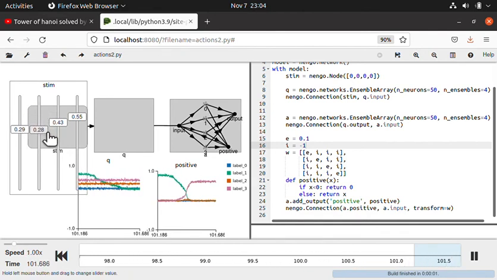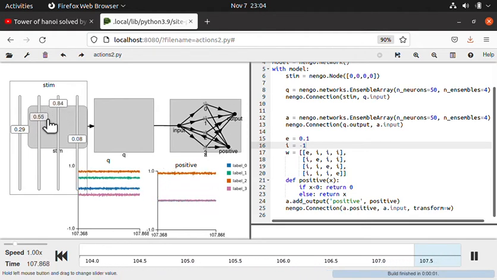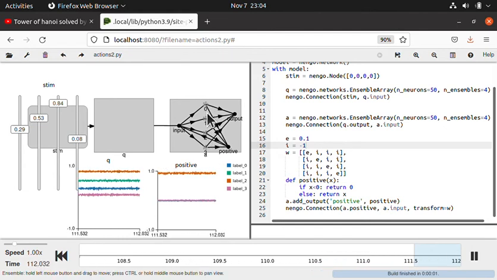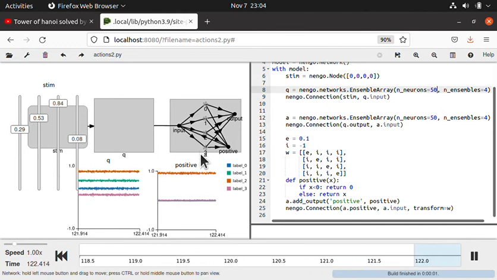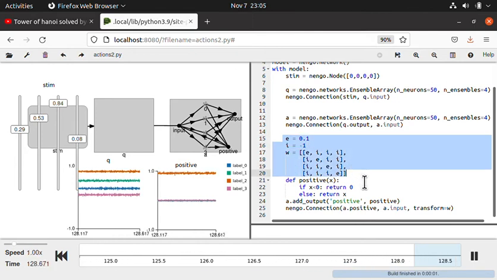The other aspect we're saying is, yes, you can build a winner-take-all network using this sort of neural engineering framework approach. This is now a winner-take-all network. It's using groups of neurons instead of single neurons, but that also means it's a lot more flexible in terms of what functions are being computed, and we could probably drop the number of neurons pretty far and still have it behave right. However, using a winner-take-all network to do action selection